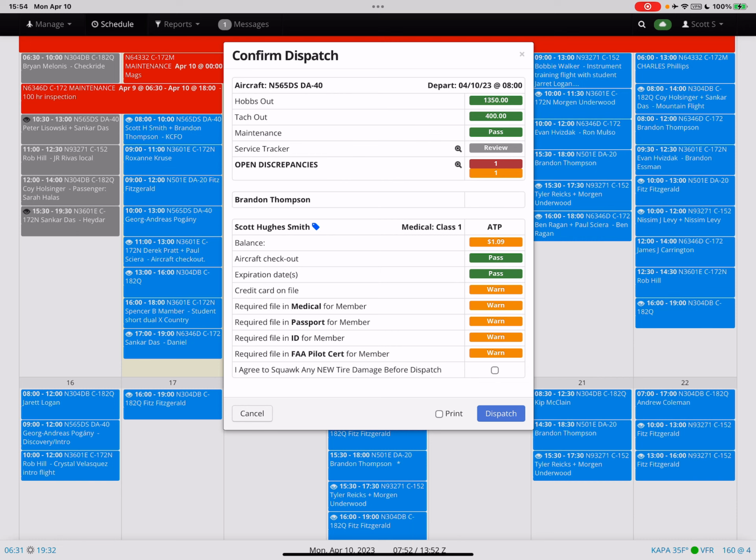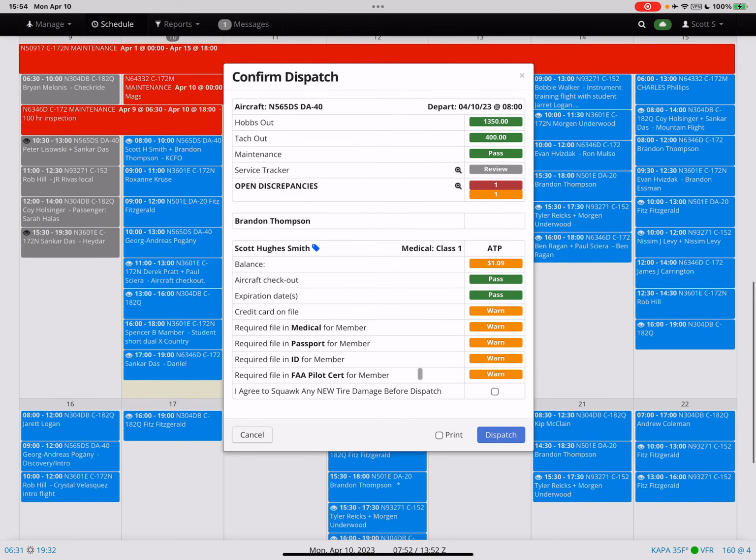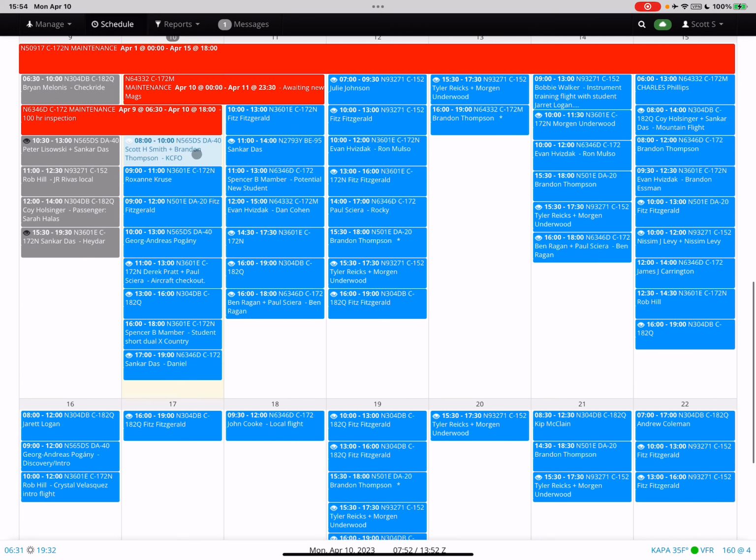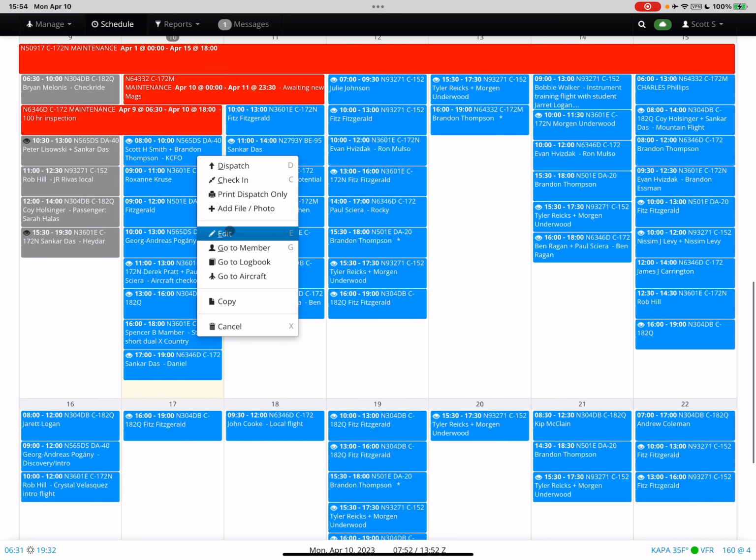Once you dispatch the aircraft, you're signing for the aircraft at that point. Let's say there was tire damage. In that case, I'm not going to dispatch at the moment. I'll exit out of this screen. I'll go back to my reservation, edit,